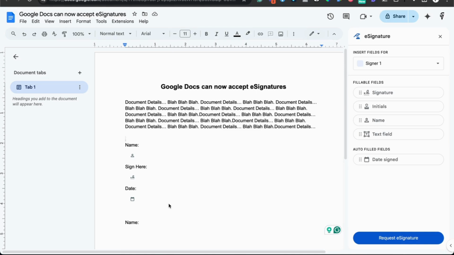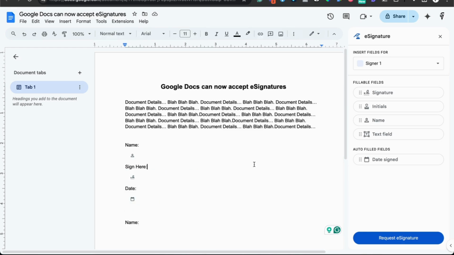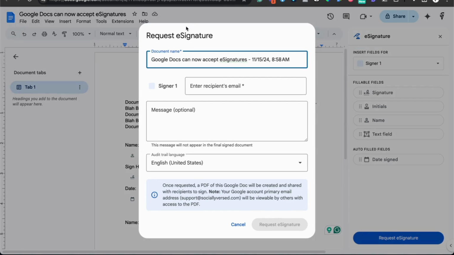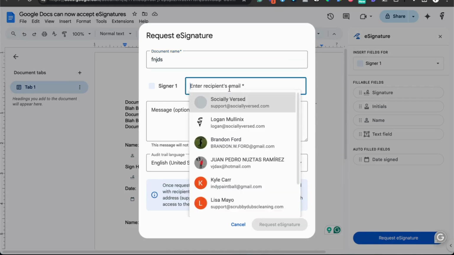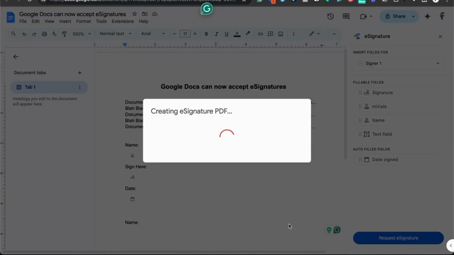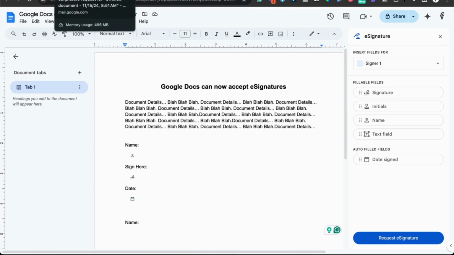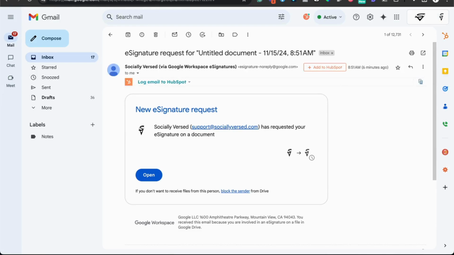Once you have your document all created and the areas where you need the person to sign, all you're going to do is click this blue button, request e-signature, and you're going to have your title of your document here. You're going to say who you're sending it to, if you want to add a message, and then you're going to go request e-signature. Now, if you open up your email, or wherever you sent it,